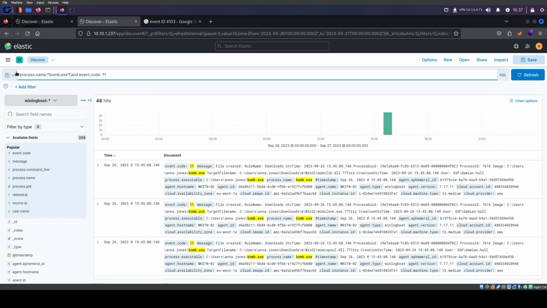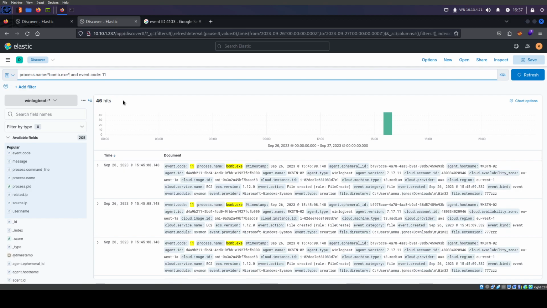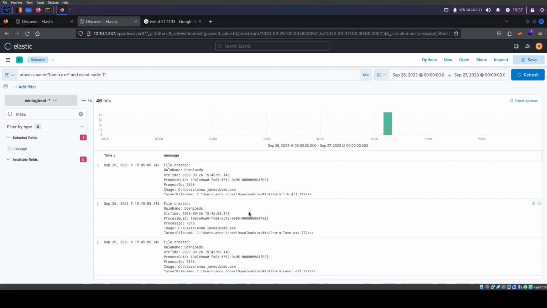Just focus on anything that was a process of bomb.exe, and event ID 11 is any file creation. And we could do, let's see, message. There we go. It's faint, but you can see the files there, names there. File name. There we go.